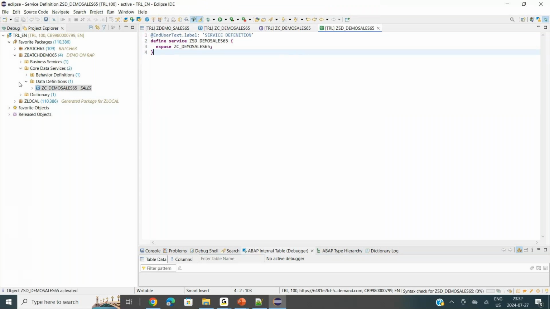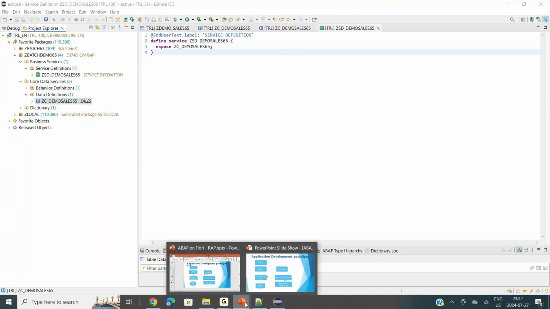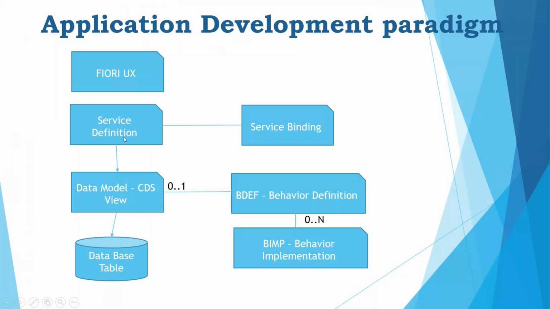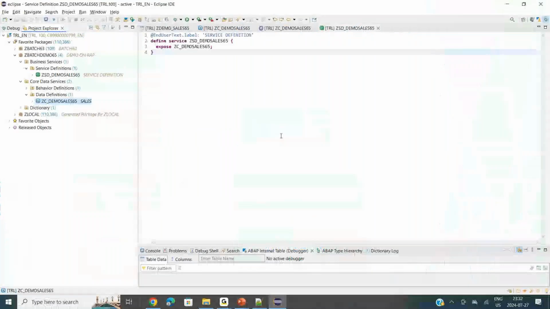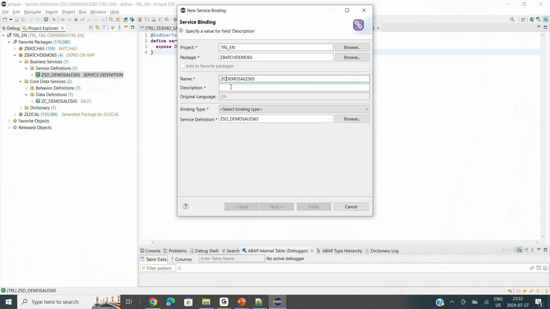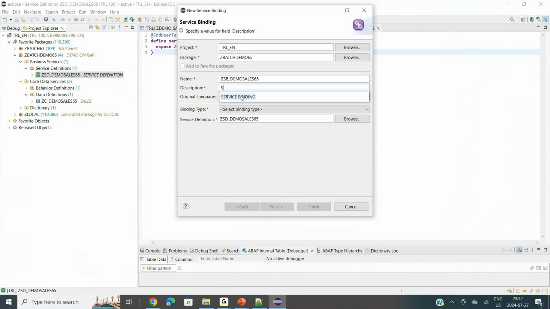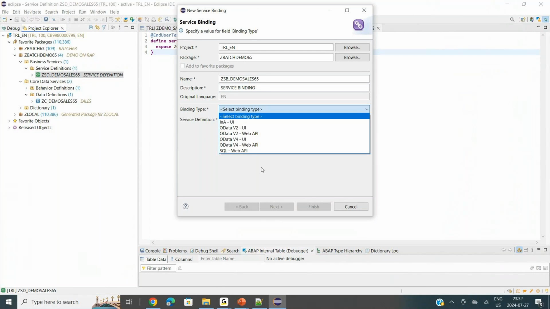Okay, now you will be creating a service binding. Come back. The service definition you created, and now you are going to create a service binding. Right click on the service definition, new service binding. Now you see you have the options. You can develop a V2 Fiori app,